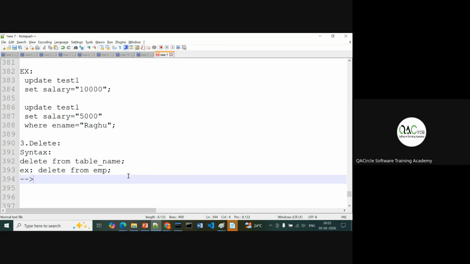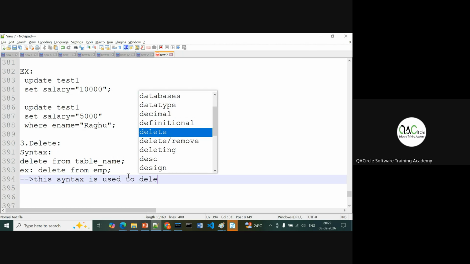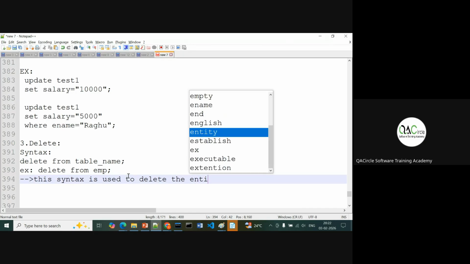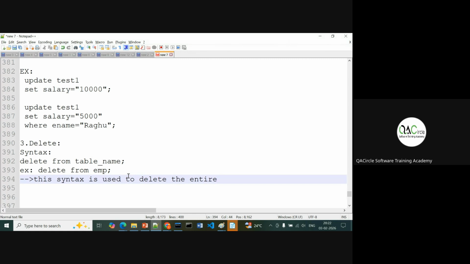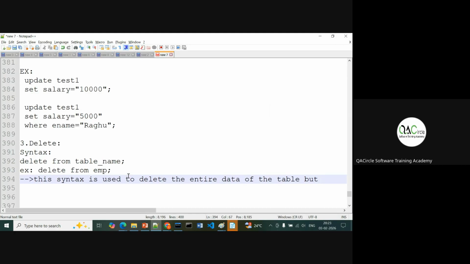This syntax is used to delete the entire data of the table, but